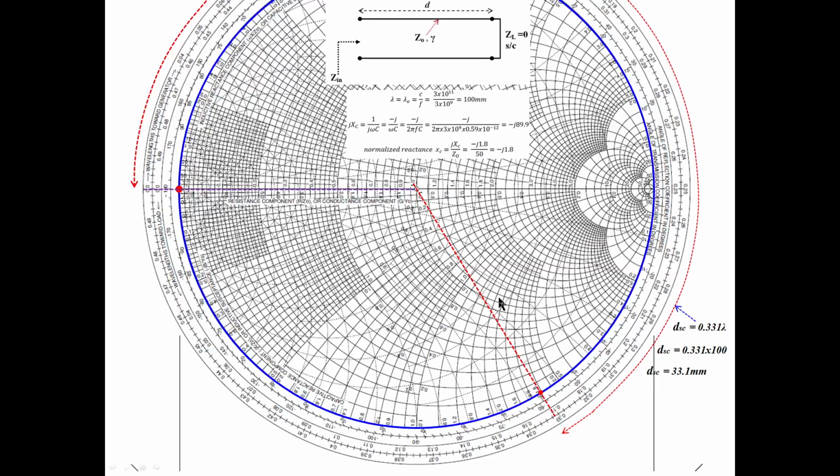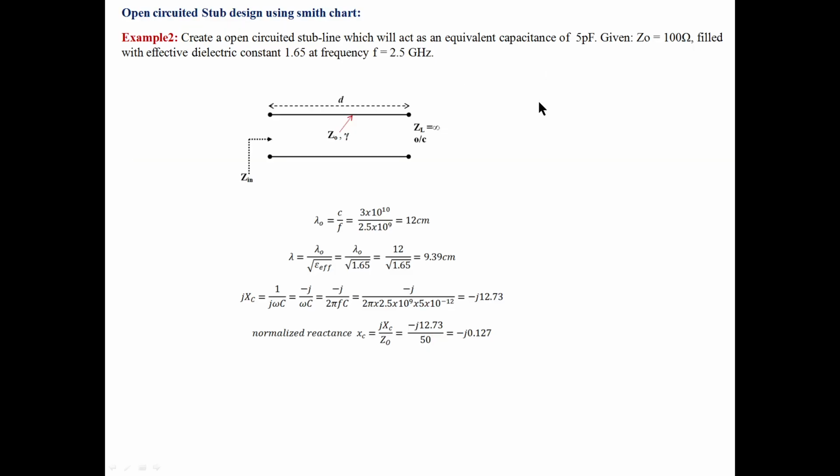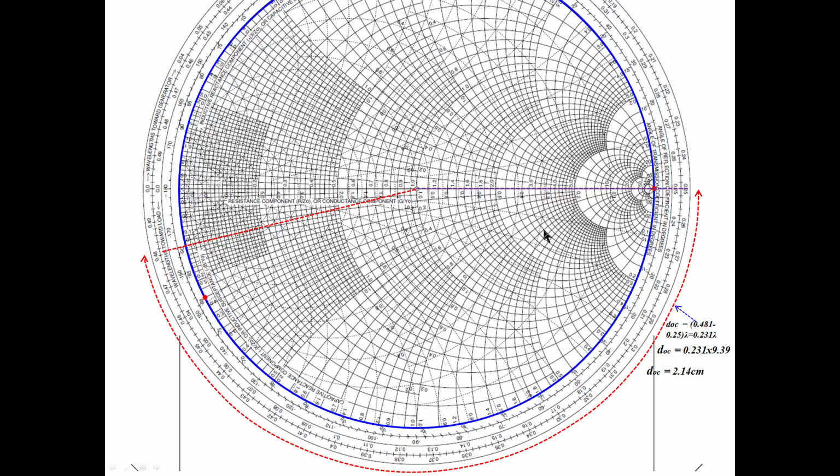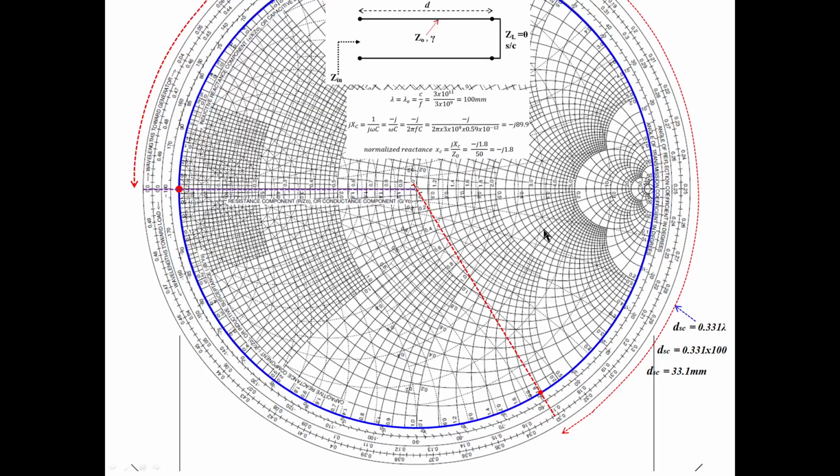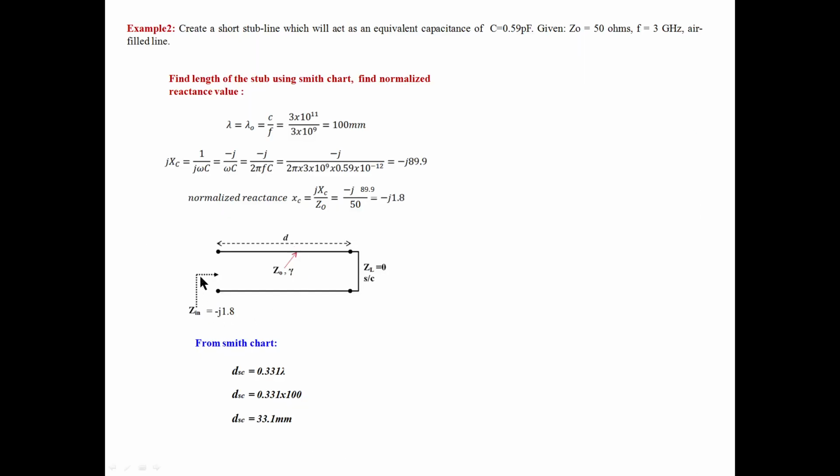So the length of this line equals 33.1 mm. If we are implementing a capacitance using a short stub, and you take a length equal to this 33.1 mm, it behaves like a capacitor. The input impedance is a capacitor here. If this length is 33.1 mm,